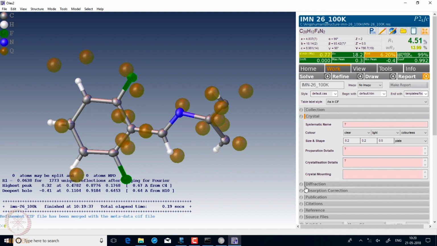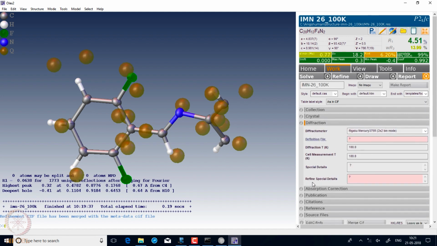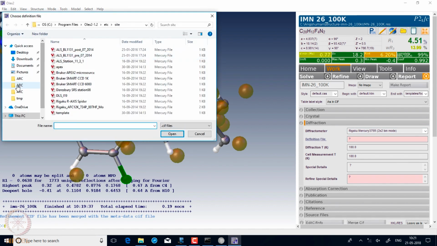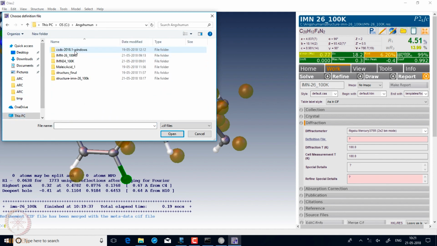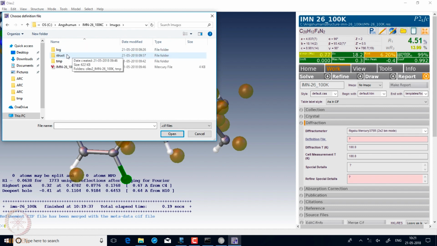The other details can be incorporated. Then you go here and see that it says the diffractometer; we can convert it into what kind of CCD was used, Rigaku Mercury CCD. The definition file is saying that it is missing, so we can choose the definition file from the data folder where you had the struct